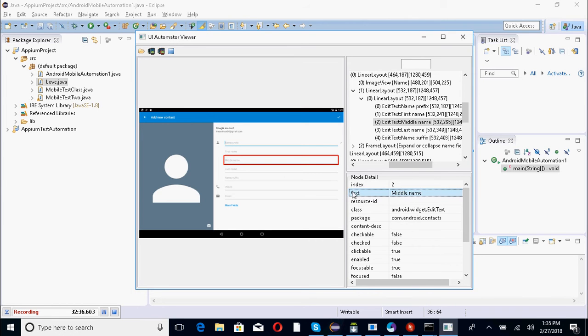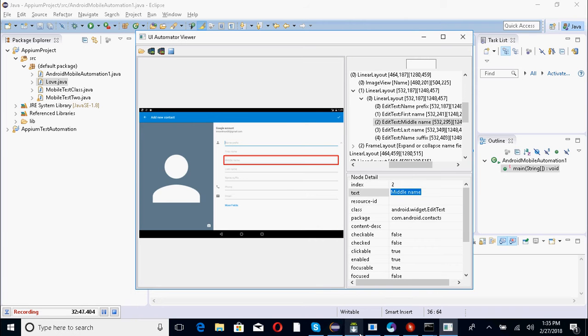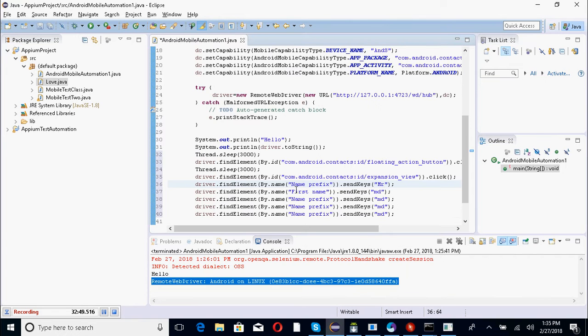Text in a mobile device is name in Selenium. So I copy here the middle name. I will go back to Eclipse, Control V. Middle name, I will give my middle name